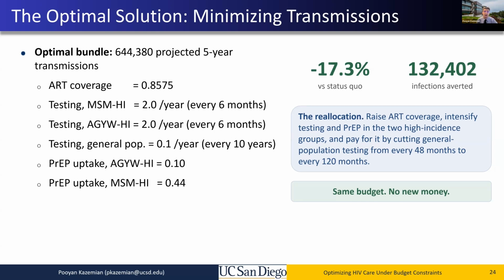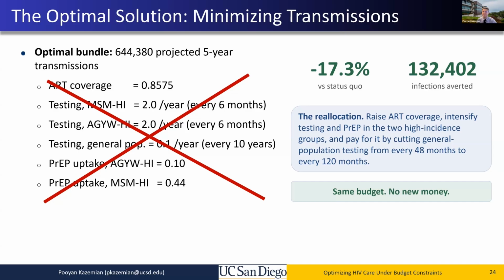So I have shown you the optimal solution on this slide, but my take-home message for you from this presentation is that the optimal solution does not matter at all. It is actually misleading to look at the optimal solution. The only thing that is important on this slide is that reallocating the existing budget allows us to avert 17% of the transmissions. The optimal solution itself is just one of those 500,000 near optimal solutions that happens to have the fewest number of transmissions.